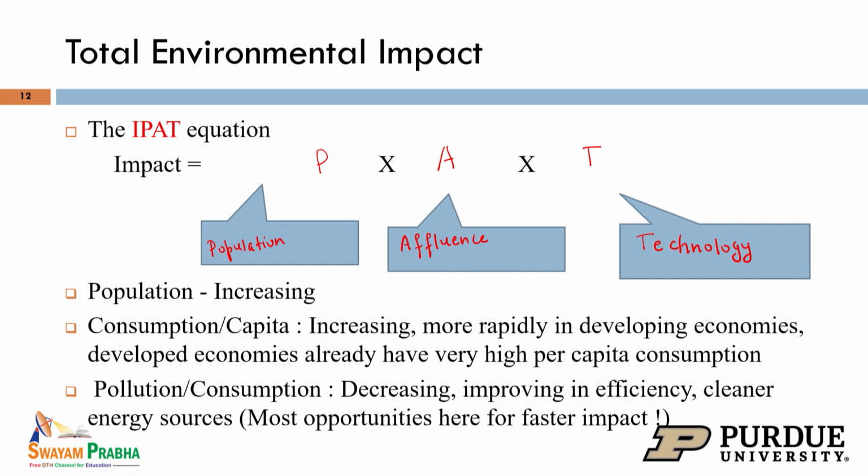So, we do have direct control on the third aspect, which is the technology aspect of it, but when we talk about the other two parts that are impacting the sustainability of the whole global system, we really do not have much impact. Population and affluence are obviously going to grow. So, it is a dynamic interaction. How fast are we going to change the technology that can reduce the impact overall